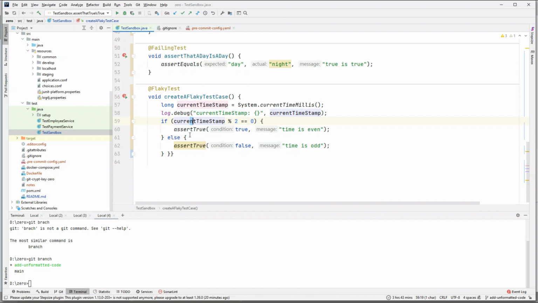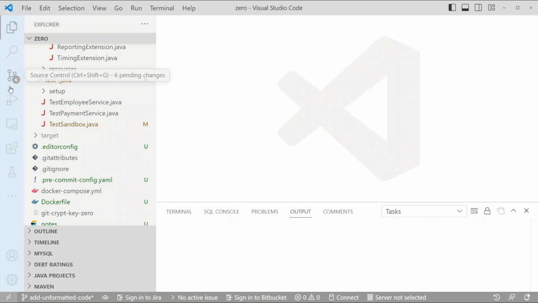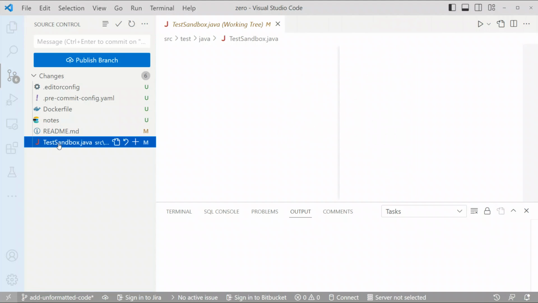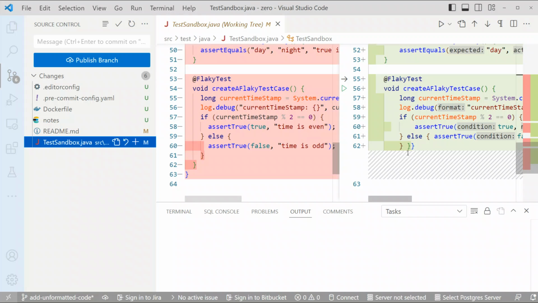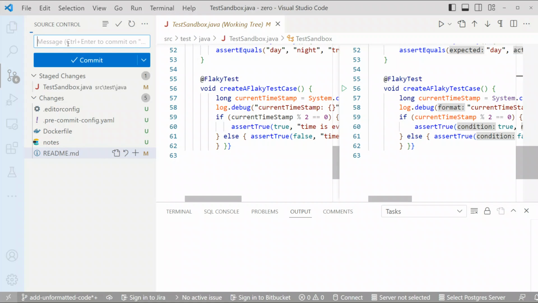So now we have some unformatted code. Let's even put it on this one line. So everything is pretty much messed up, right? So let's just go back and do Windows 4. Let's come here. So in the test sandbox class, this is all now very poorly formatted here, right? And the moment you try to add this class now, you will see what happens is, if I say add ill-formatted file